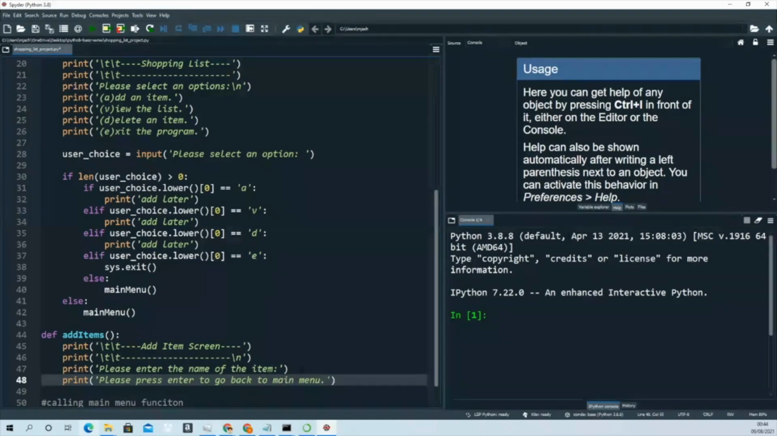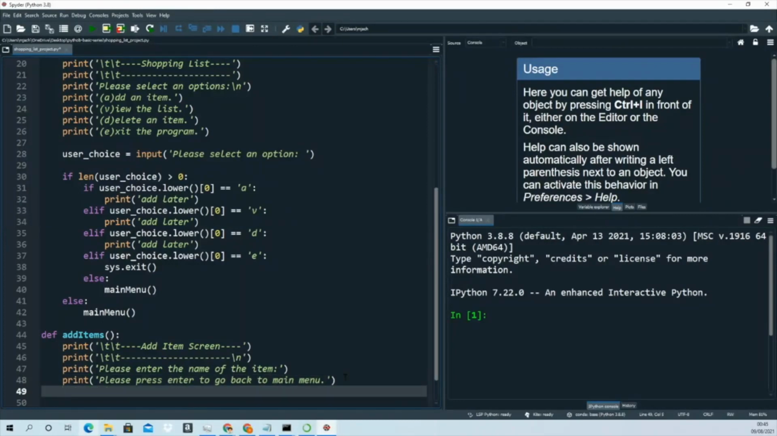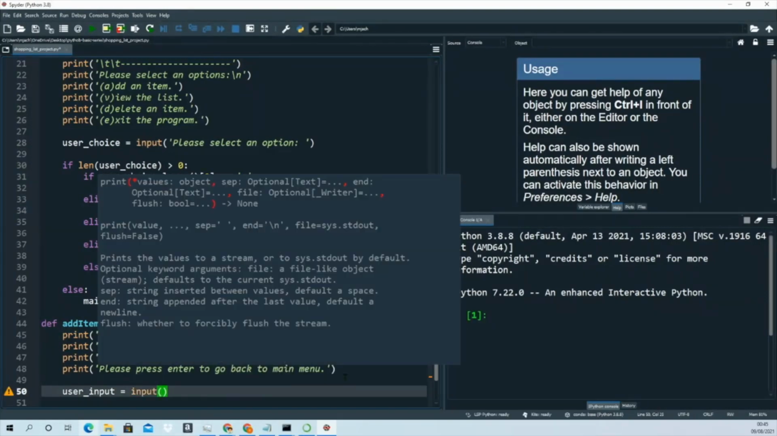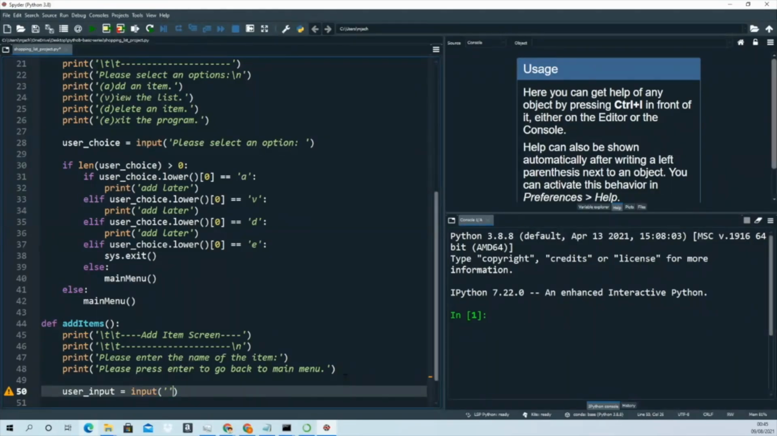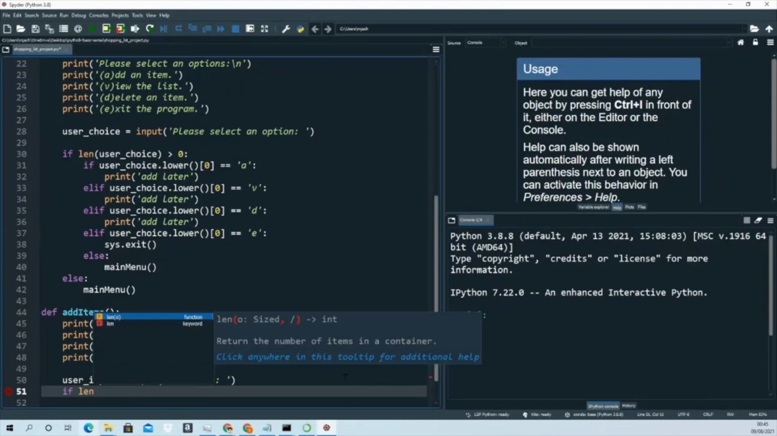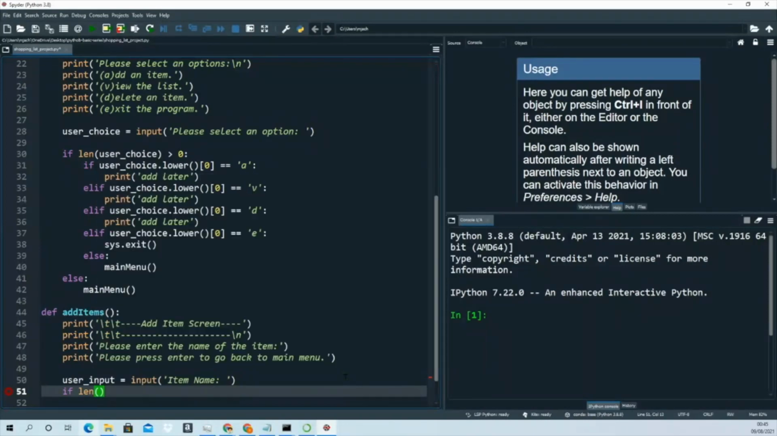Go back to the main menu, right? So next what we'll do, we'll create a variable, user input. We'll take the input from the user, let's say item name. And so if the length of the user input is greater than 0,